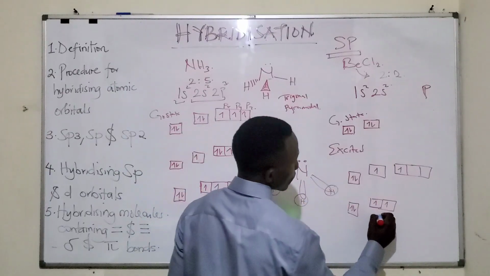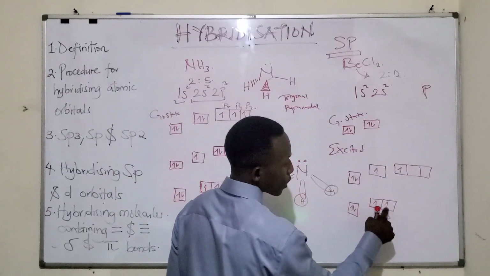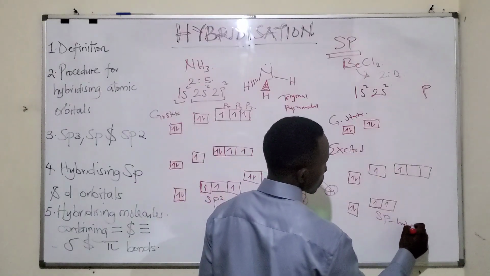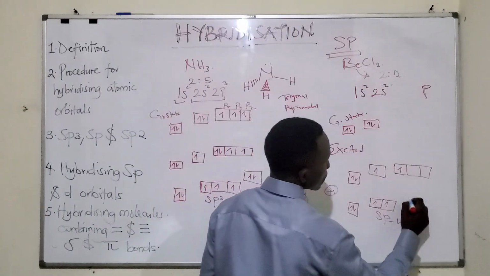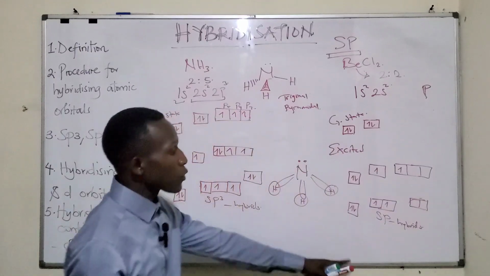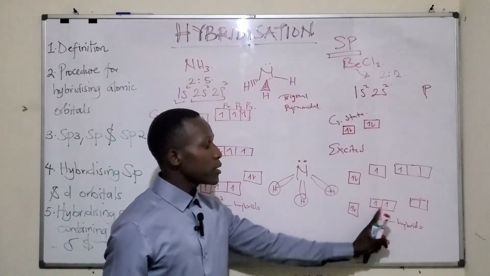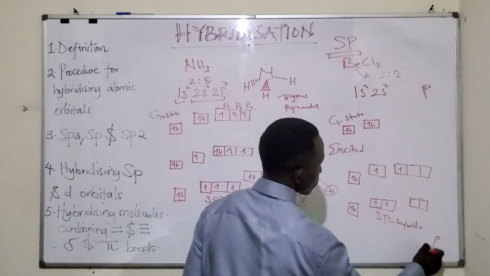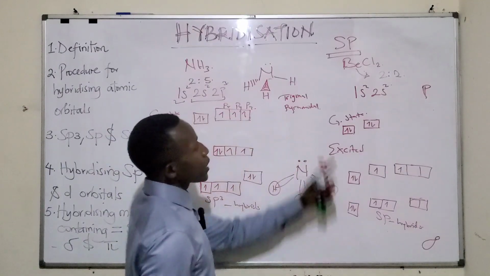So this is the sp, 1s and 1p. So we form sp hybrids. These vacant orbitals remain. These ones are the ones which participate in bonding. And the hybrids, we say their structure is like this. So that means we have beryllium